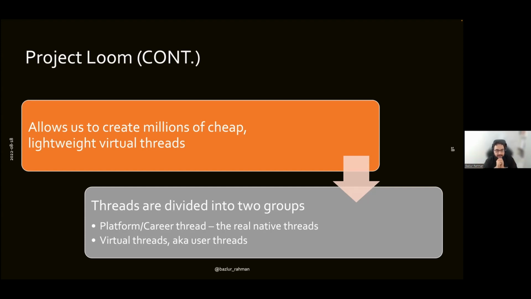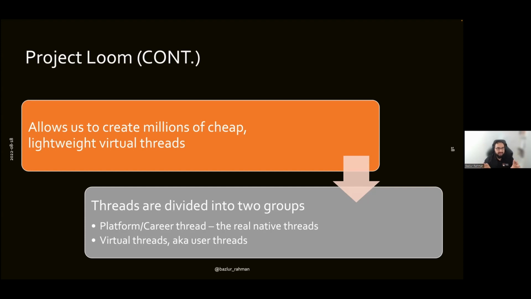All right. So what are we going to call the other threads, the classic, traditional thread? We can call them native threads. We can call them classical threads, traditional threads. We can even call them platform threads. We can call them carrier threads. I'll come to the point of why we call them carrier threads in a minute.